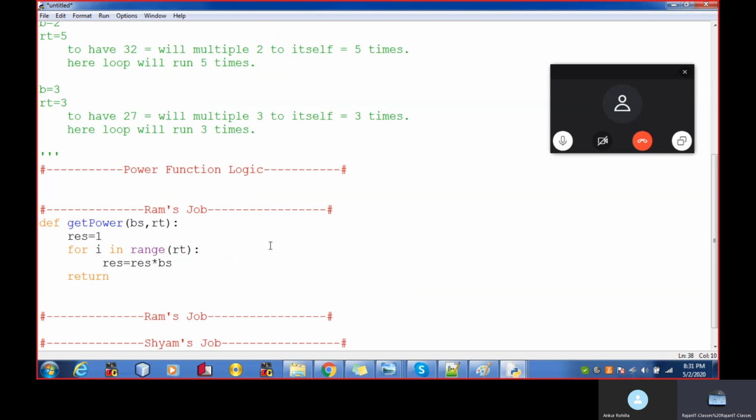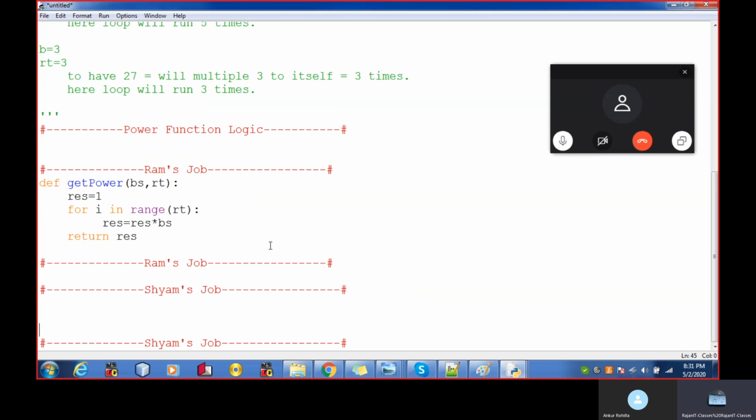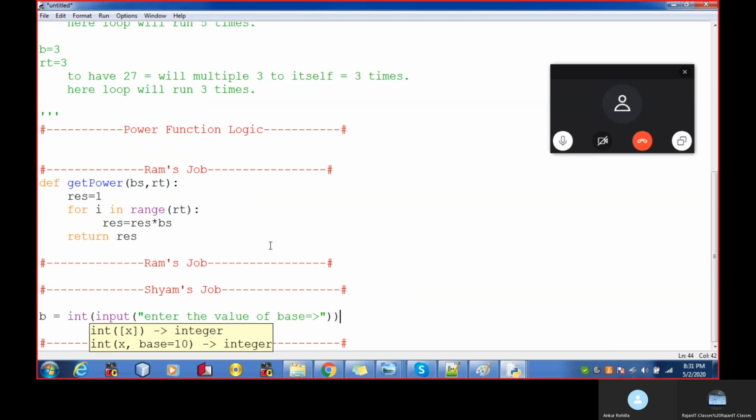After this loop, this function is returning the value whatever is in the res. What is the job of Sham? Sham knows only how to input the value of base and how to input the value of raise to. So b is equal to int input, enter the value of raise to.